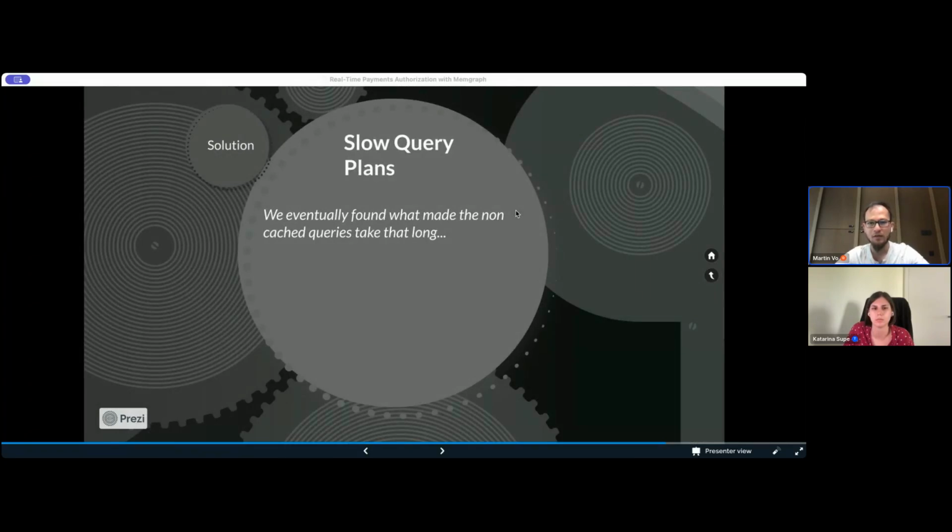And eventually, we also found what the issue with the slow query plans was, and it helped us to read the documentation. Katarina and the team shared with us that they improved the documentation because they realized it was missing some parts there, and you were struggling with this part. So this is the documentation. And once I started reading through it, I